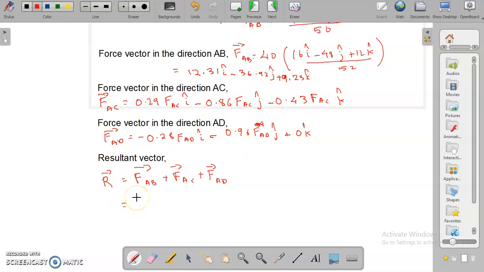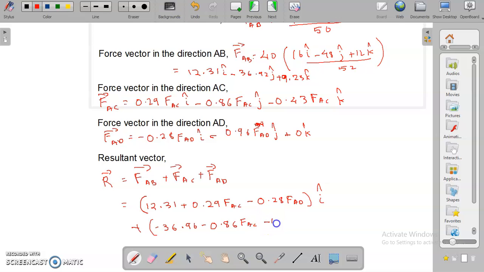The first, the i terms: 12.31 plus 0.29 F_AC minus 0.28 F_AD into i, plus now the y components, that is minus 36.92 minus 0.86 F_AC minus 0.96 F_AD into j, then the z component,